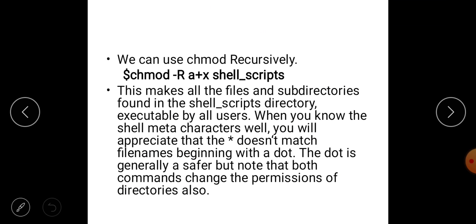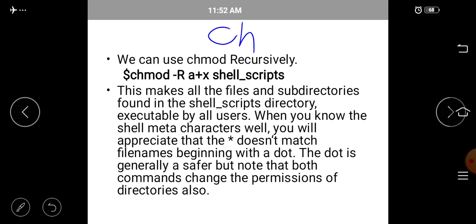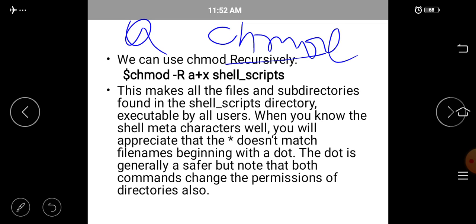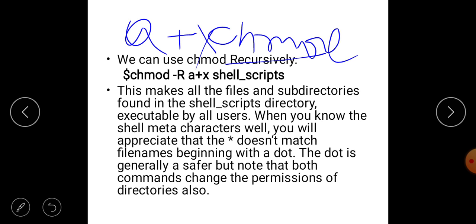Okay, next we can use chmod recursively. What is this recursively? How are we going to use chmod recursively? Using chmod -R a+x, means all the 3 categories plus execute.